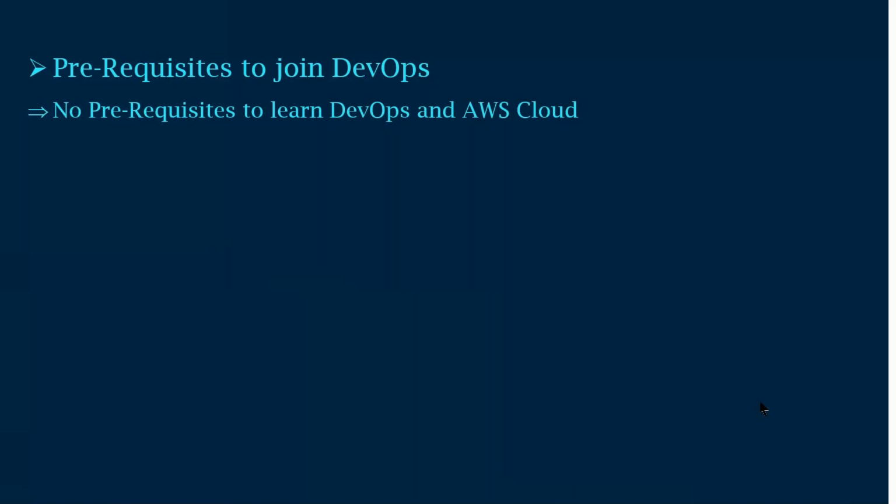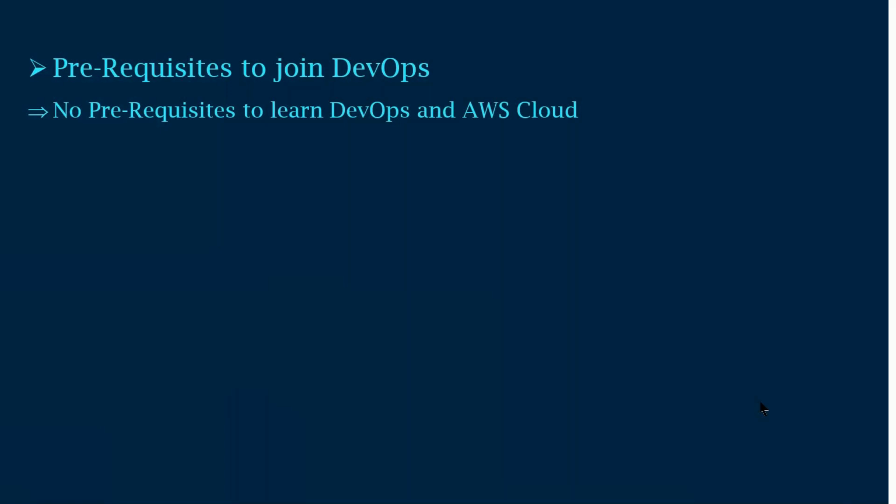How to create an AWS account? How can we connect to an AWS account? How can we create servers? How can we create a network? How can we create key pairs? What is a key pair? These are all basics required to learn DevOps, and those videos I provide you. Anyone can learn this DevOps course. Our course starts from scratch, at a very basic level, so anyone can switch into a DevOps role from their current role.